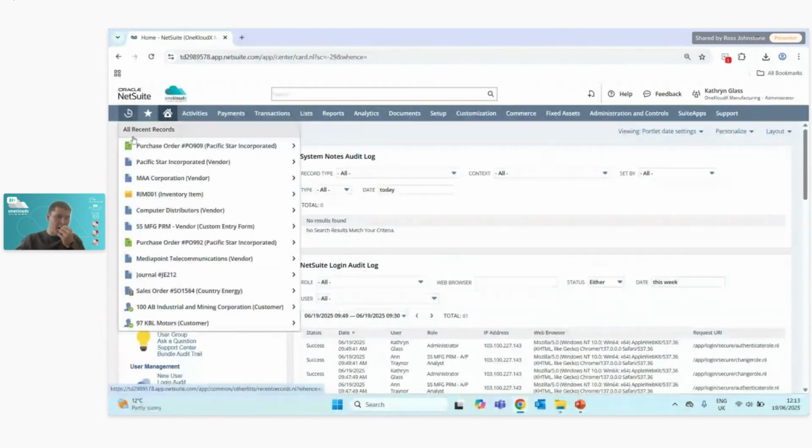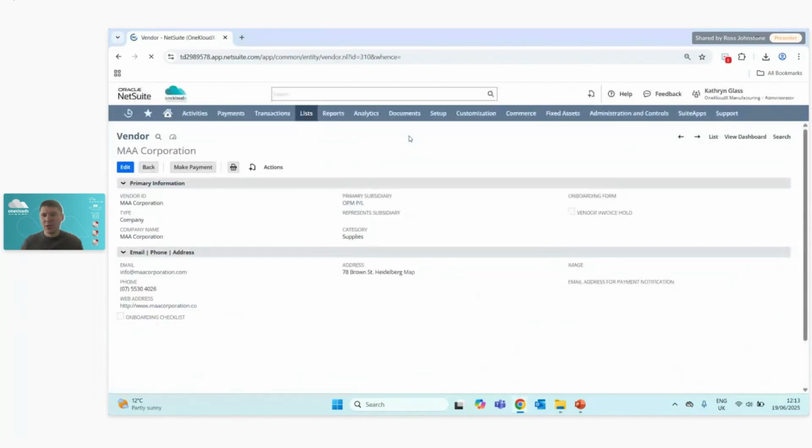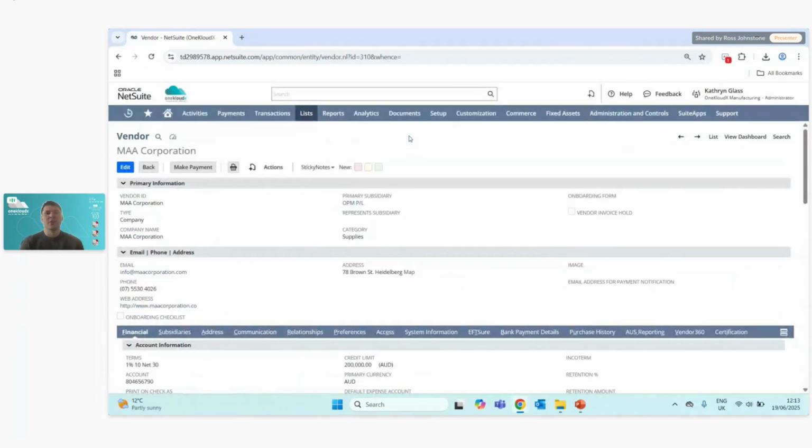So to give an example here, I'm just going to go ahead and navigate to one of our supplier records within NetSuite. Now, once the sticky notes functionality has been installed and configured, you will see this option here for sticky notes on the records that it has been enabled for. You'll see here that we can filter through the notes. So if we already have notes here, we can filter down to our high, medium, and low notes that have been attached. And we can also select whether we want to hide the existing notes that are shown on this